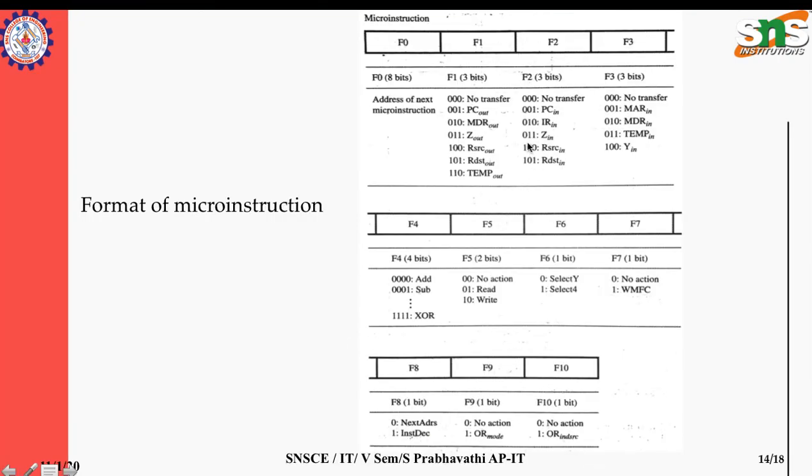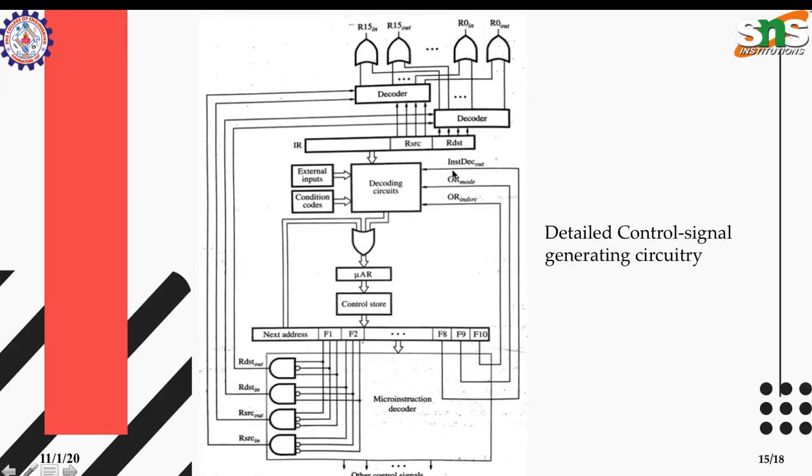And F1 and F2 represent register combinations, which are used to select one of the 16 registers. For example, the source register output is 100. I am saying it as a binary number, not a decimal number: 100 is binary, 4 in octal. These are represented in 3 bits, so 3-bit means binary. So the source register is 100, and the destination register is 101.